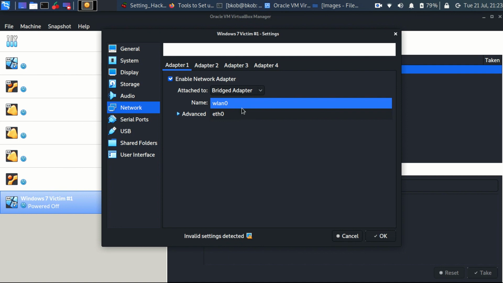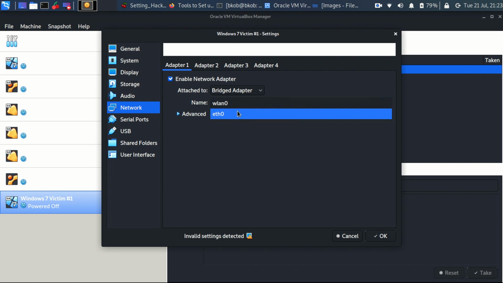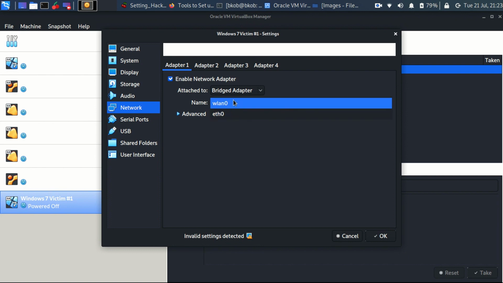Basically, it's your Ethernet LAN cable adapter, or your Wi-Fi. You just need to select whatever you're connected with. If you're using a PC or a laptop connected to the network with an Ethernet cable, it's better to use ETH0 or Ethernet. If you're connected via Wi-Fi, then WLAN0 or wireless would be the better one.